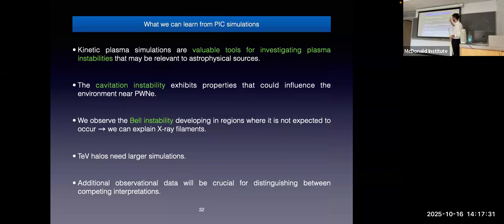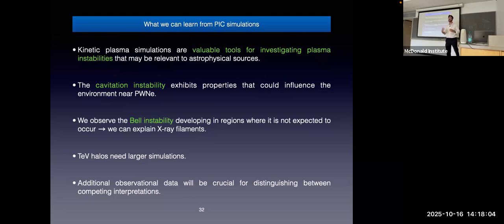And so this can show you sort of the power of particle-in-cell simulation to actually get some interesting physical insight on some object that we see. And so for the X-ray filaments, this can provide a very, very good explanation of what we see. For TeV halos, the situation can be a little bit trickier. We definitely need much, much larger simulations, maybe also different computational techniques. But personally, I think that this type of mechanism can potentially work also in that case, but in my opinion,